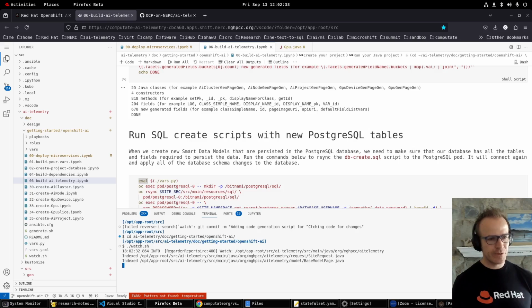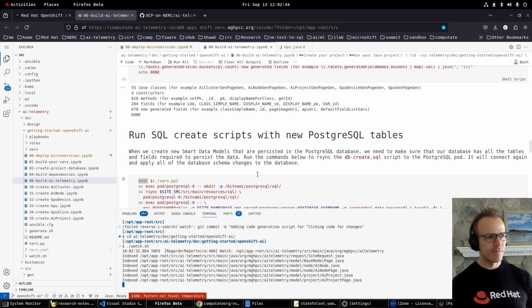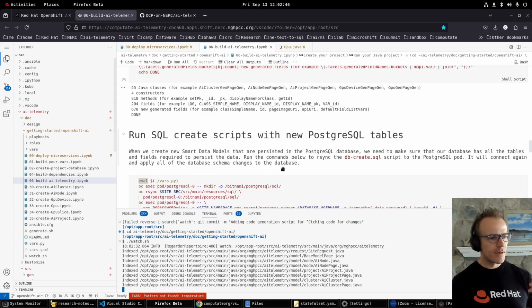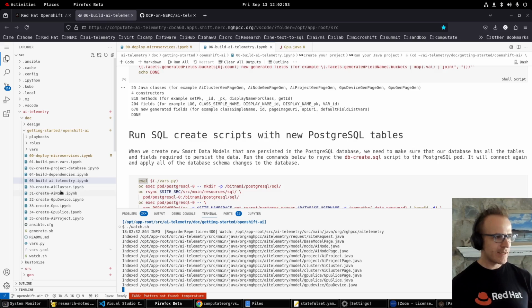Okay, so first what it's going to do is index all of my code. This is reading all of my Java code and indexing it in a search engine. It sounds crazy, but because we do that,